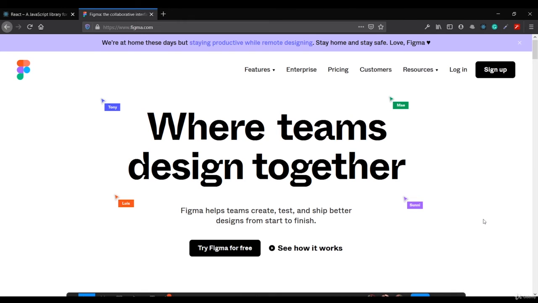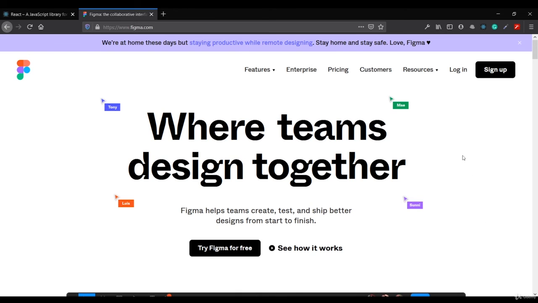The next one is Figma. Actually, this is completely optional. So if you want, you can just install it. Let me explain what this Figma is. Figma is a wireframing and prototyping software where you can even download it for your desktop, or else you can just work online. This is one of the coolest wireframing tools which I am using right now. So if you want, you can just download it and use it.